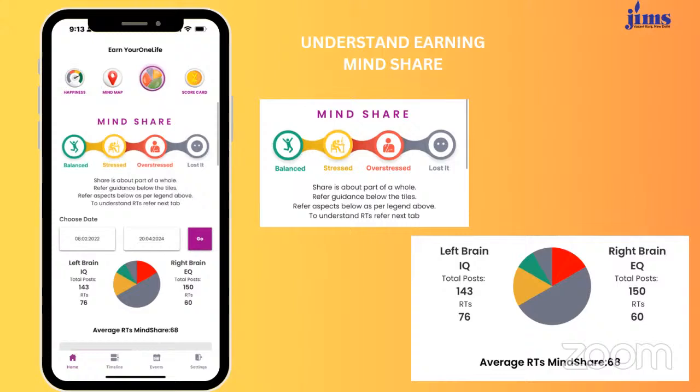As you start updating your below average aspects, you'll realize that the average of the red ones will become less, and they'll turn into yellow, and the yellows will turn into green, and you'll come back to being in a balanced state of mind. Let's go to the next slide.